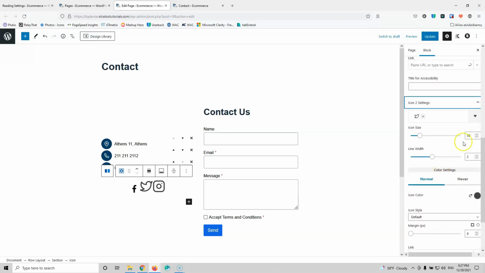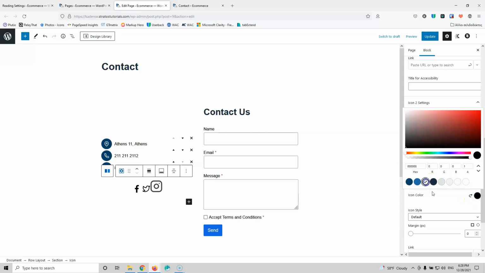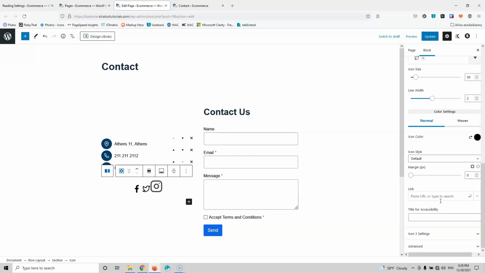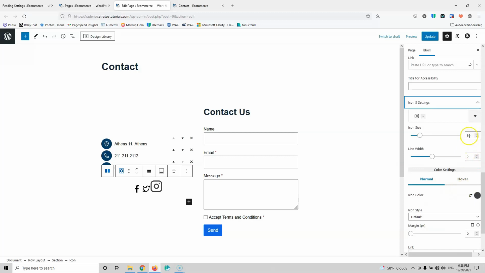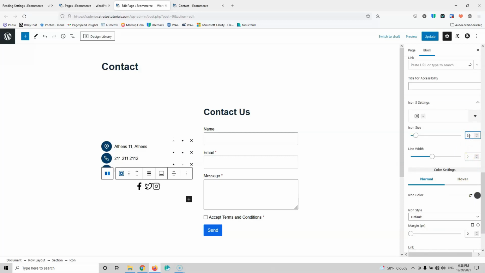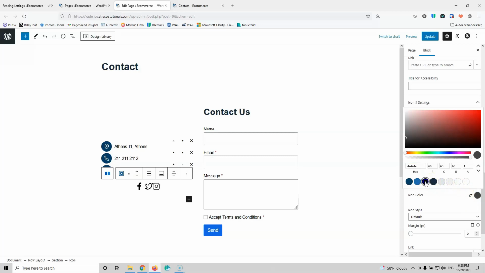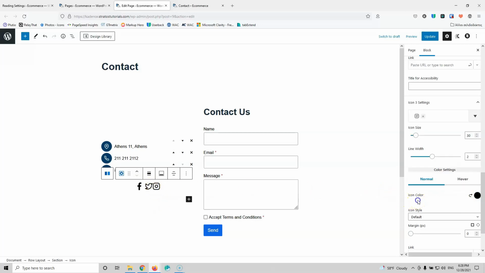Let's go for the icon number 2, which will be 30. Okay, and also black. And let's go for the third one, 30, and also black. Okay, now as I can see, I need a little bit of space between those two, so